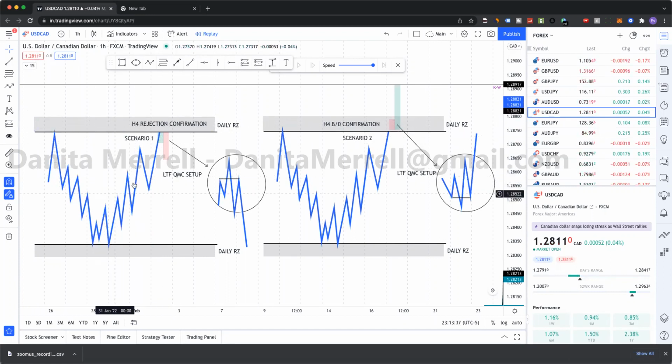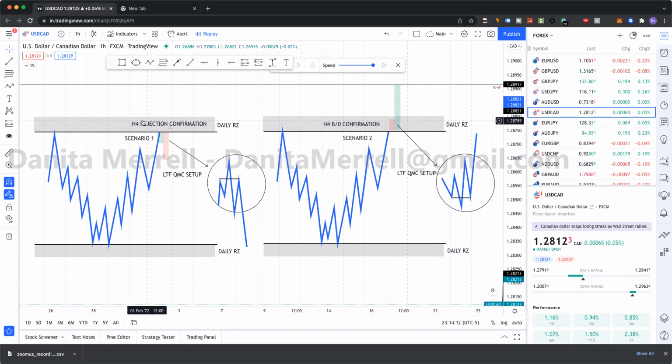So when that happens, we're waiting for price to reach that daily rejection zone. Then we have an H4 rejection confirmation. We need to wait for the confirmation of this. We can't just enter. This is why QMs are high risk if you don't wait for confirmation, but you can still take a QM play inside this. Just know that it's going to be high risk. But what we're looking for is an engulfing pattern to confirm a rejection on H4 in the daily zone.